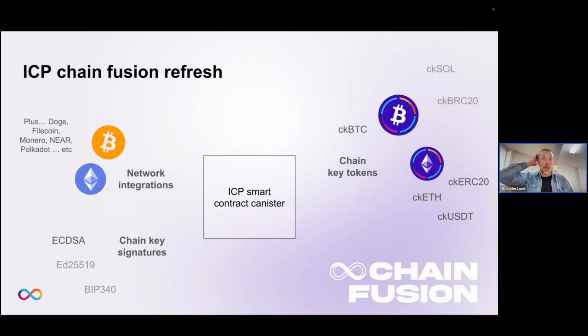So just a short refresher on chain fusion. What is chain fusion? So chain fusion is a concept. It's not being introduced by DFINITY or ICP by any means, but it's heavily pushed by DFINITY and ICP. And I believe, like I said, that the Internet Computer is very well suited to do these kinds of chain fusion use cases, and that comes down